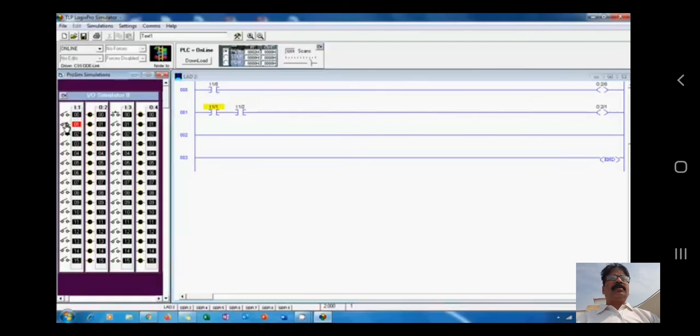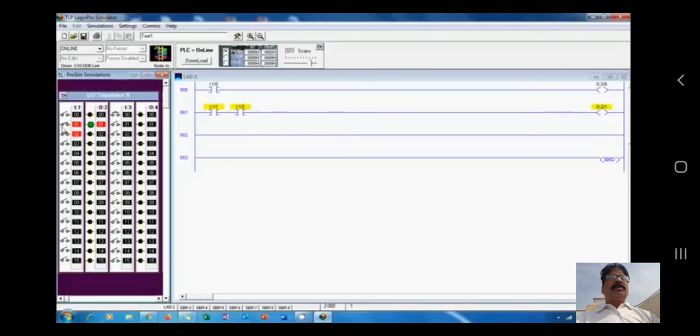This is the AND gate. AND gate means when switch 1 and switch 2 are true, the output will be true. Here you can verify the truth table of the AND gate.